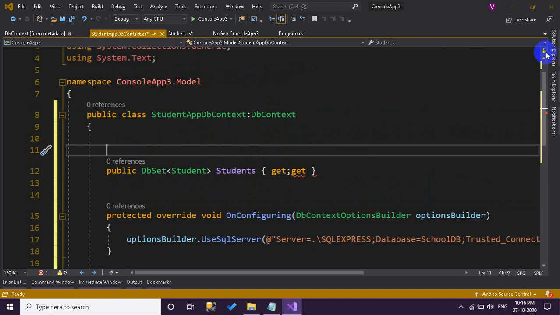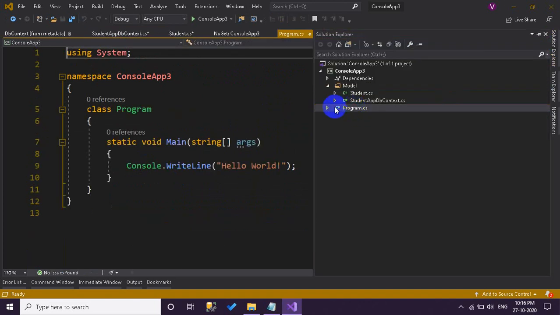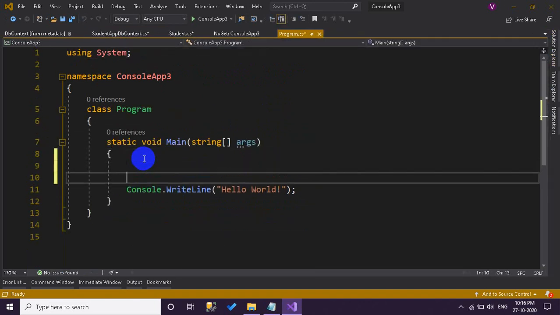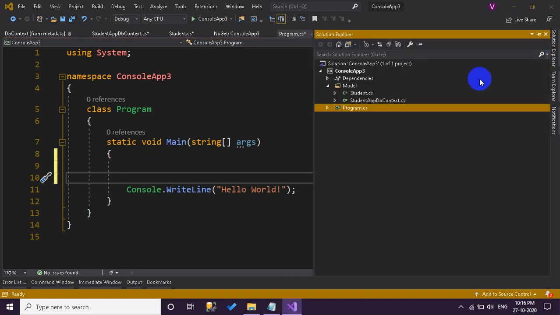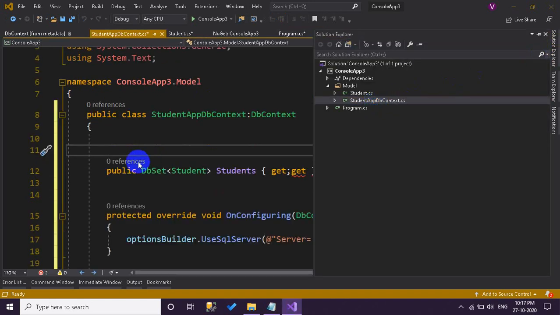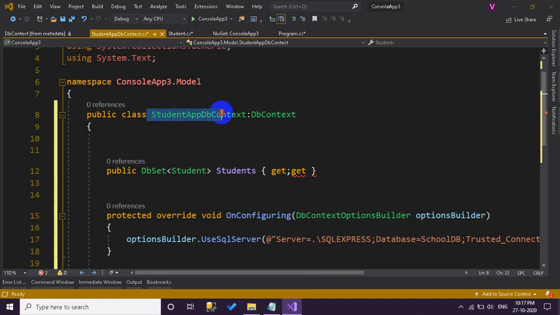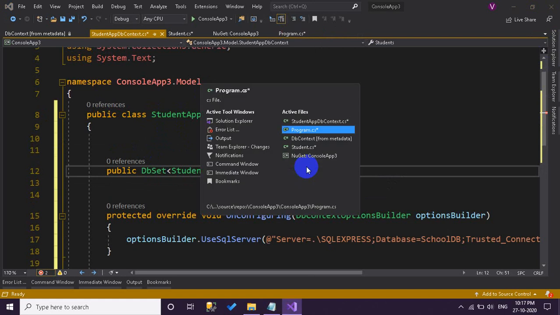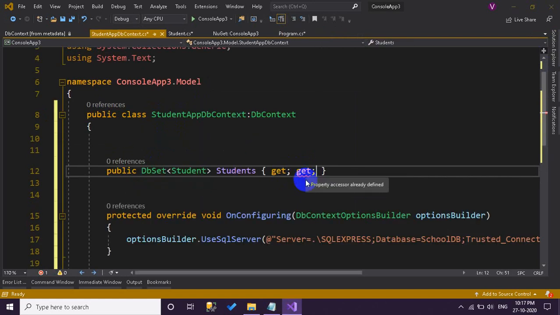Now what we have to do is create an object here, because whenever we want to communicate with the database, we have to make use of this class. So we have to create an object of this particular class. There is some error here, I am missing a semicolon. This is nothing but a getter and setter method.